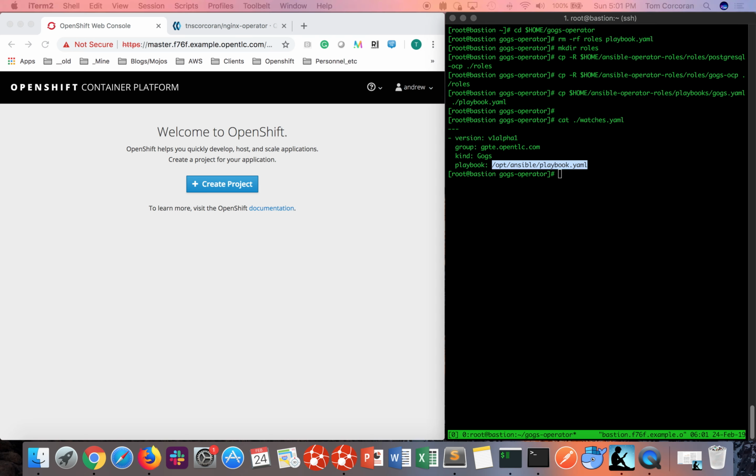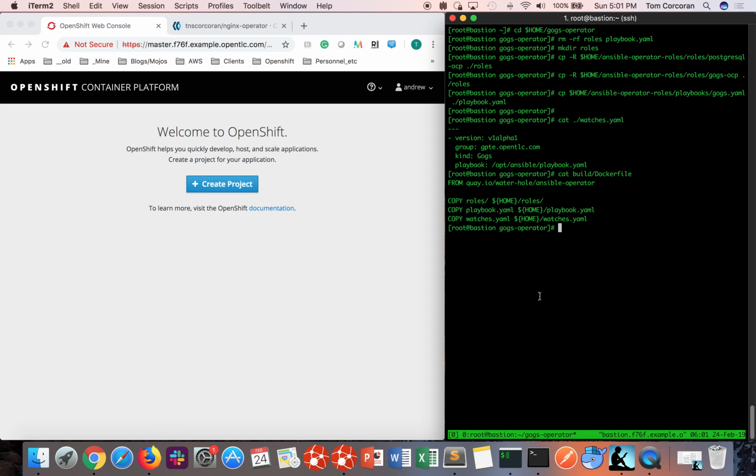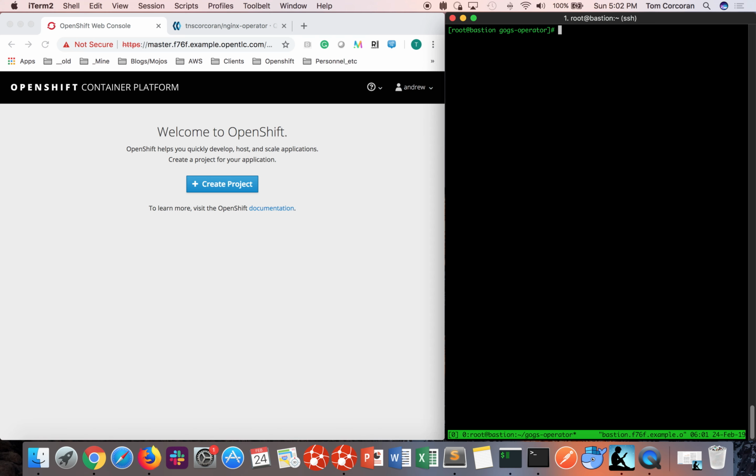And if we look at the Dockerfile that's going to be used to build our image, that's going to be our operator image that's going to be deployed on Quay again. It's very simple. It takes from here and it just copies in the roles directory, and it copies in the playbook and the watches. We're actually going to update the image that is in the Dockerfile